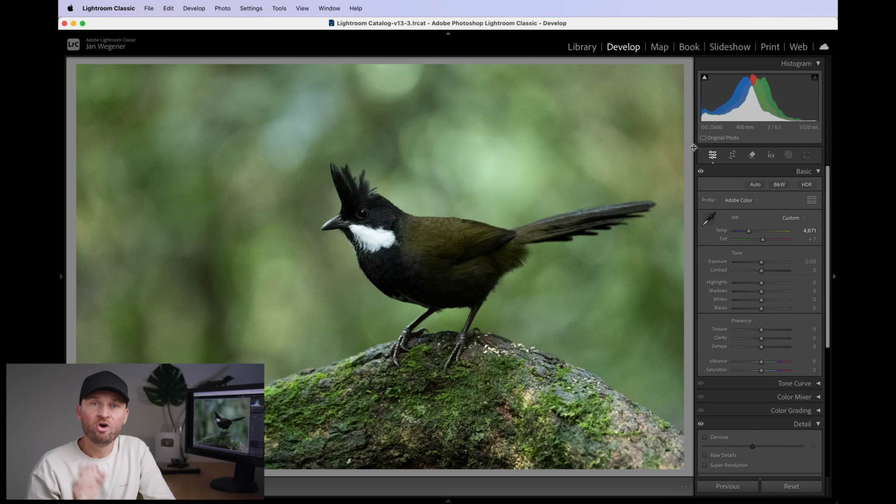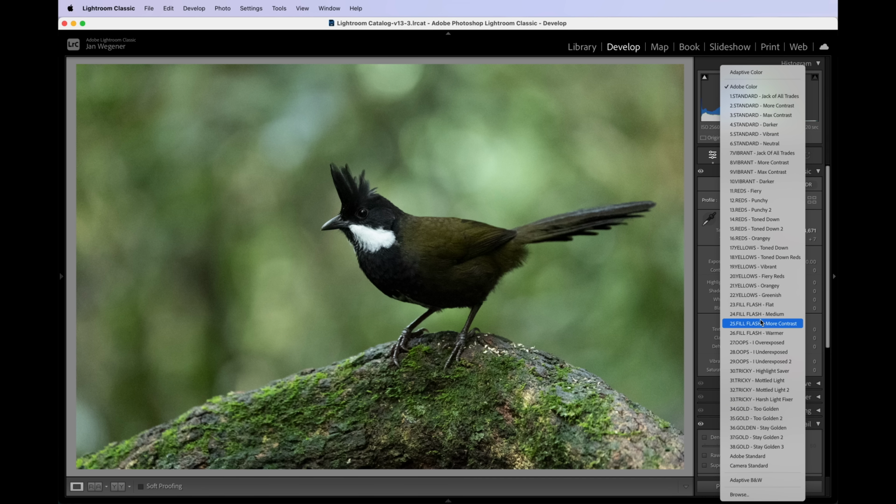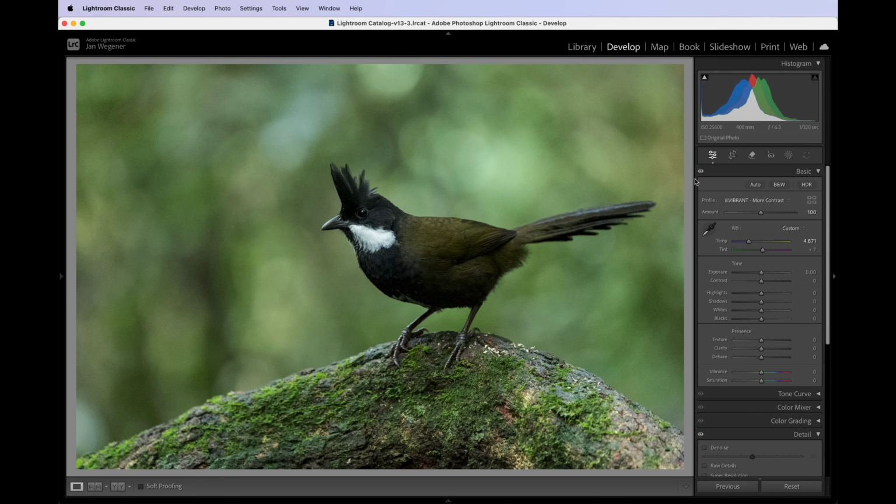I've opened up this image in Lightroom now, and before we start pulling some sliders, there's 2 extra steps I would recommend doing. You don't have to do them, but I think they will dramatically improve the look of your images. First of all, we should go over here on the right hand side where it says Profile and select one of the profiles, either an Adobe one, or if you have my presets, I would recommend using one of my presets. In this case, I would probably go with the Vibrant More Contrast preset, and that already gives me